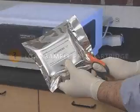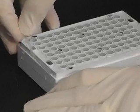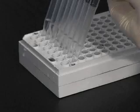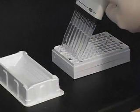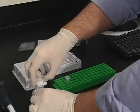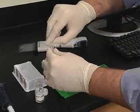To begin, I'm going to load a cartridge with some serum samples. I'll unwrap the cartridge, remove the seal holding the buffer solution in each well, remove the buffer. Next, I'll add the running buffer in each well using a standard 8-channel pipetter. Then, I take my unprocessed serum and mix it in equal amounts by volume with the sample buffer provided in